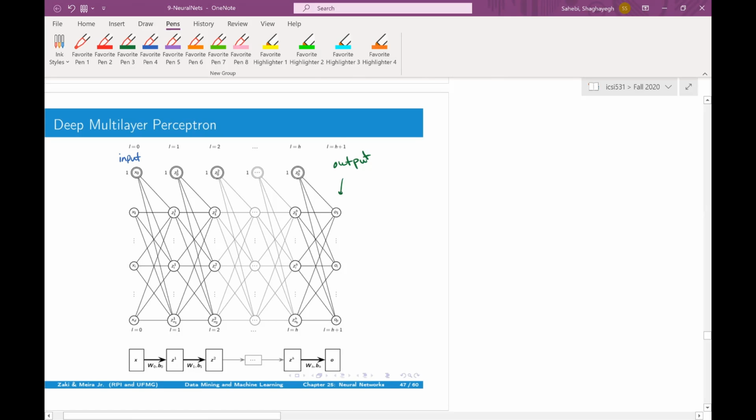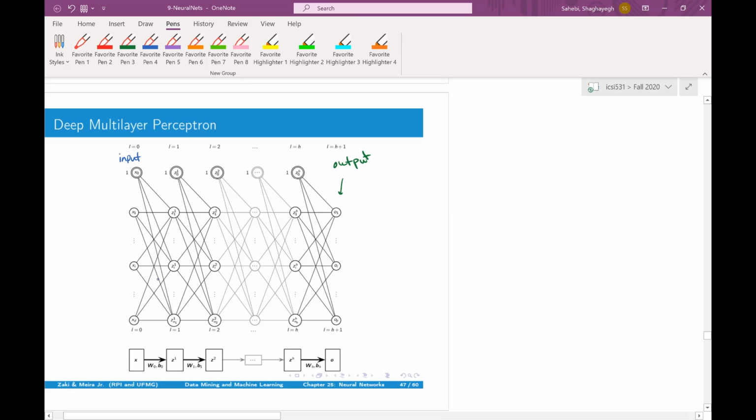We have P neurons in the output layer and D+1 neurons, including the augmentation neuron, in the input layer. And then in between, we have H different hidden layers. And in MLP, we have a fully connected network, where all the neurons in each of the layers, except the augmented ones, are connected to all the neurons in their next layer,